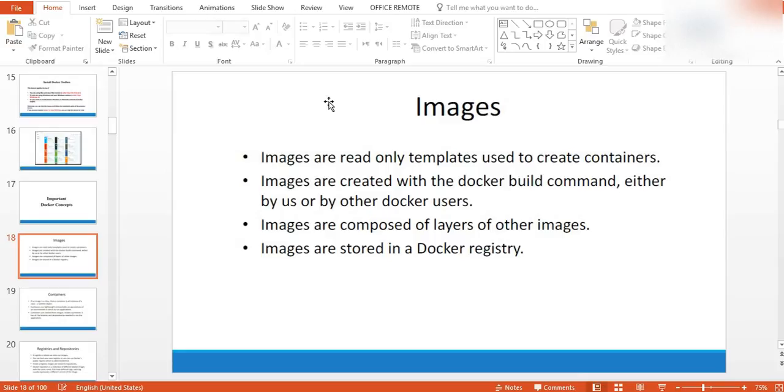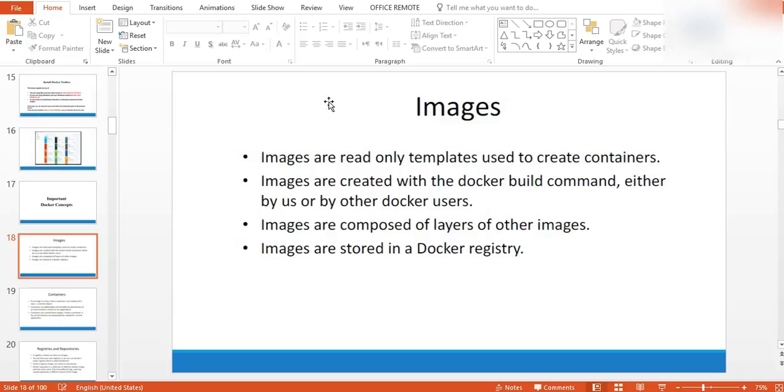For example, I have created a Tomcat. Tomcat is being given by Docker also, an official image. Now when I clone that Tomcat or start the container from the Tomcat, and then I put the user files or something I change in the Tomcat, then I will build it and send it to my repository. It's not going to create two different copies of it. What it will do basically is only change the changed part in that image, and then link it with the old image. Only the changed part is replaced, because I told you that in the layers, that is what it's going to do. Images are stored in the Docker registry.